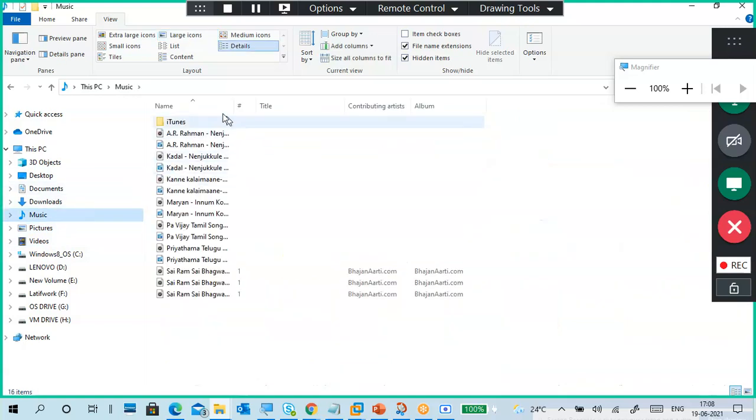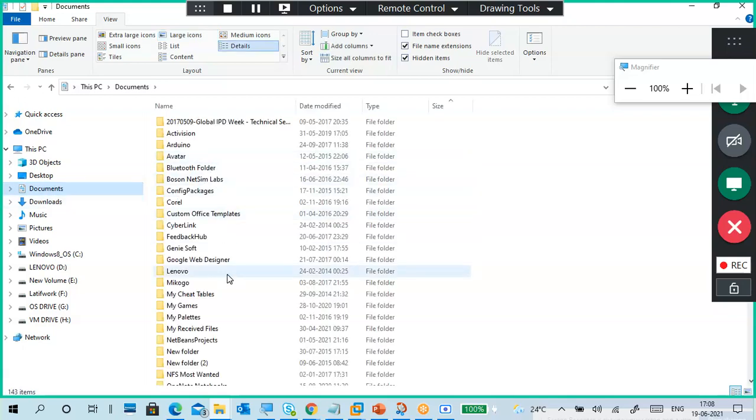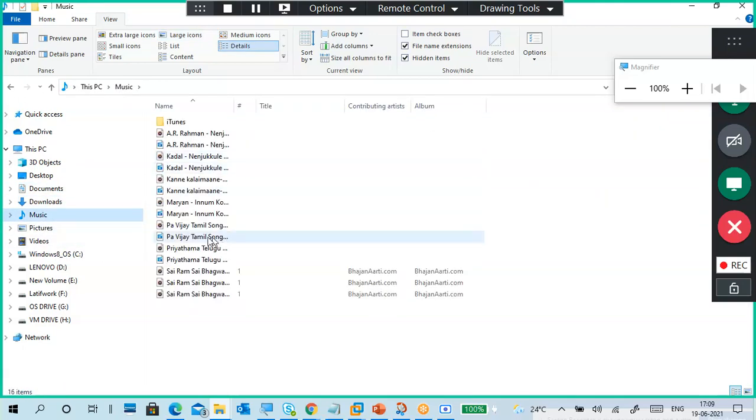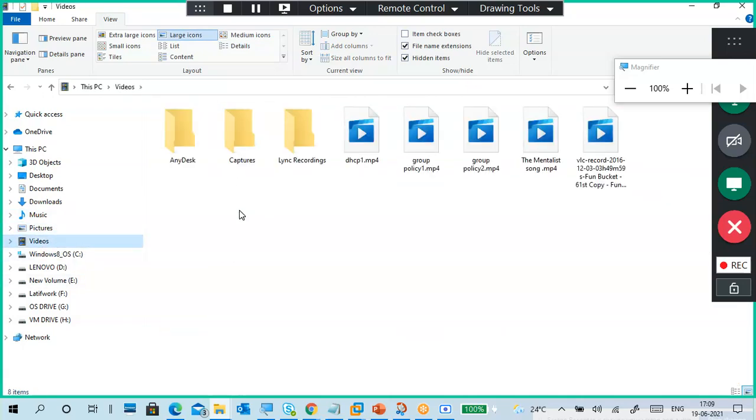This is all your personal files: your desktop data, documents data, downloads data, music data, pictures data, like this.